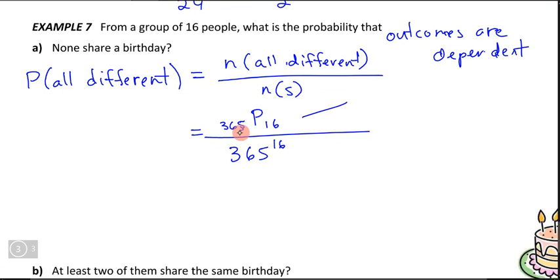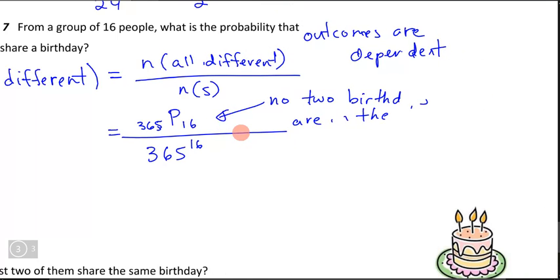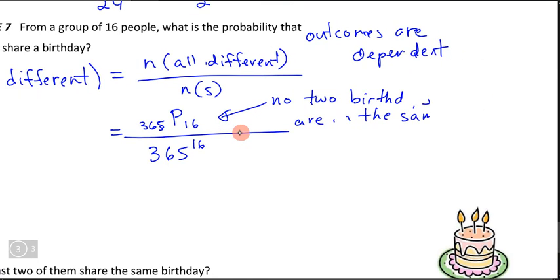And so this first part here, just to have this complete in your notes, it's going to say no two birthdays are on the same day. And the second part here, down at the bottom,